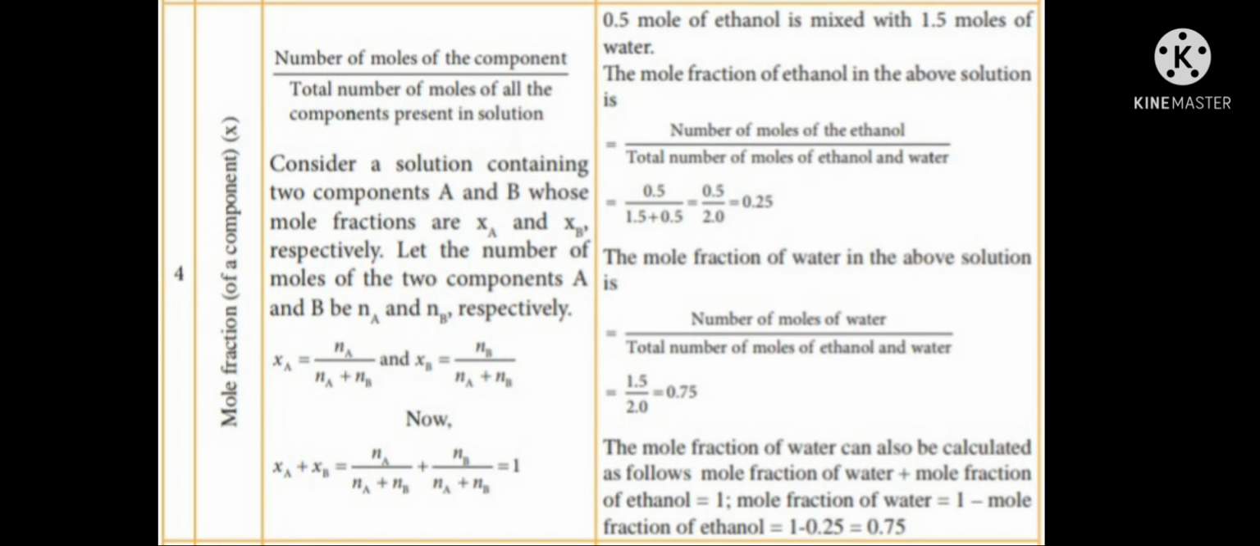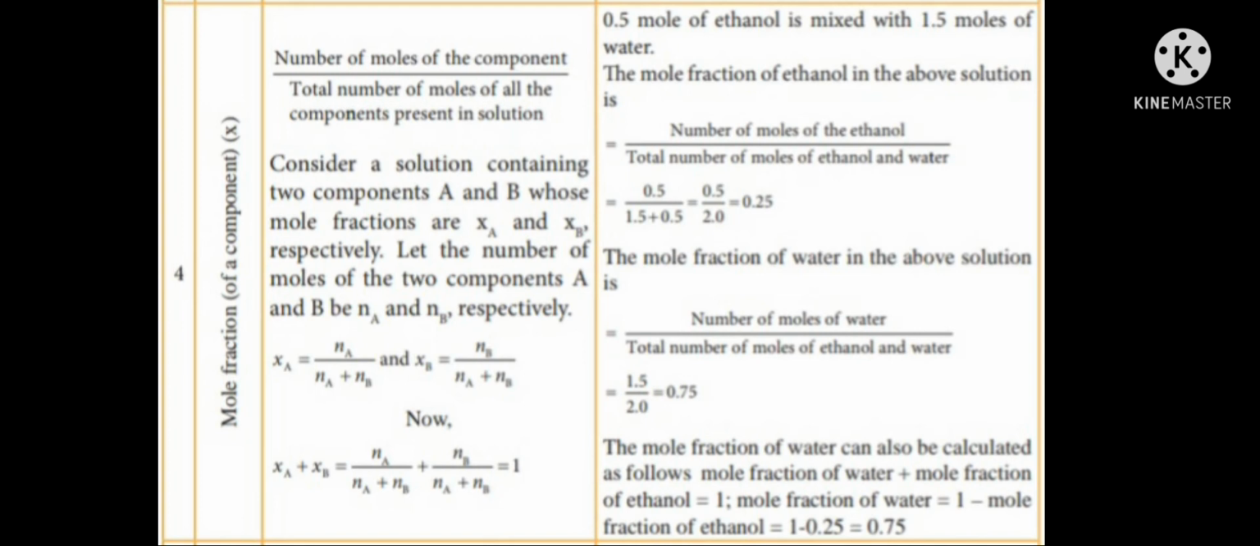Next, we will calculate mole fraction of water. Mole fraction of water is equal to number of moles of water divided by total number of moles of ethanol and water. Substitute the values. We will get 1.5 divided by 2, which is equal to 0.75. Hence, the mole fraction of water is equal to